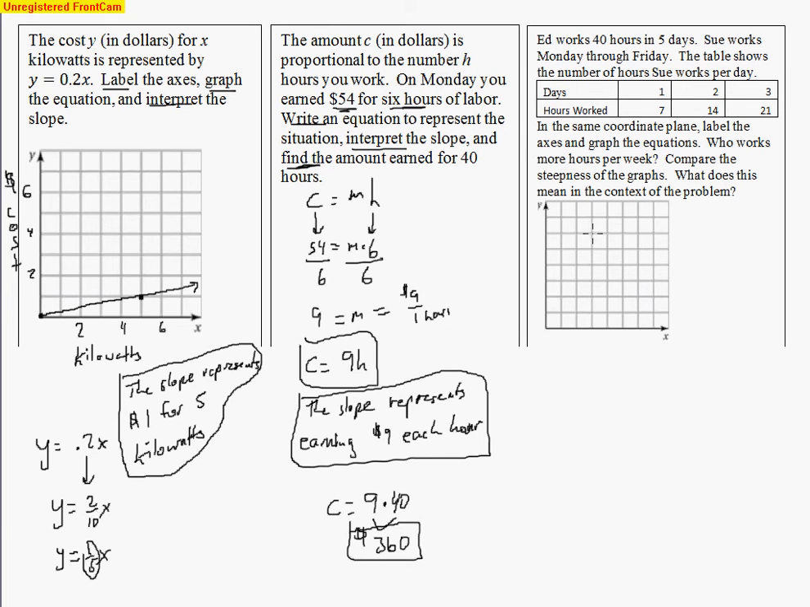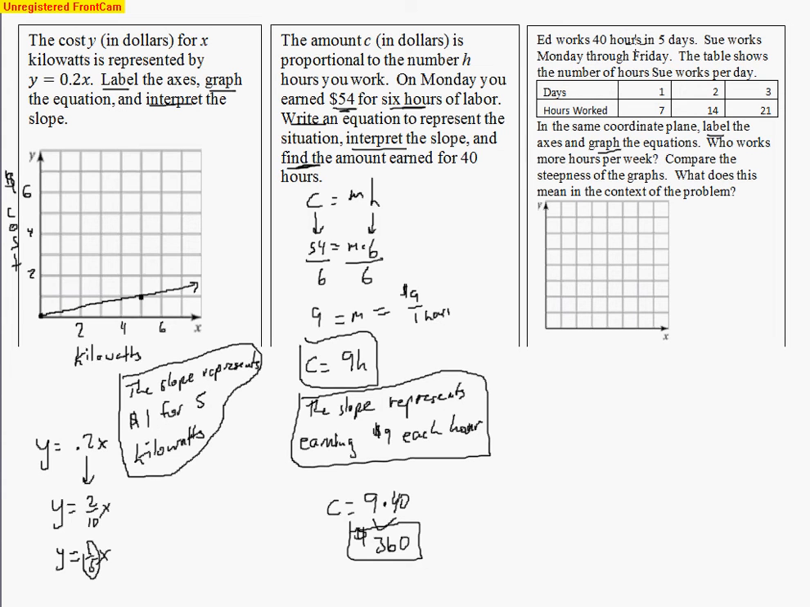after 40 hours. So on this one it says Ed works 40 hours in 5 days. Sue works Monday through Friday, and this is the graph showing here. In the coordinate plane, label the axes and graph the equation, and then we have to do some comparisons. So let's do that first. Label the axes. So when we look at this, number of hours worked,